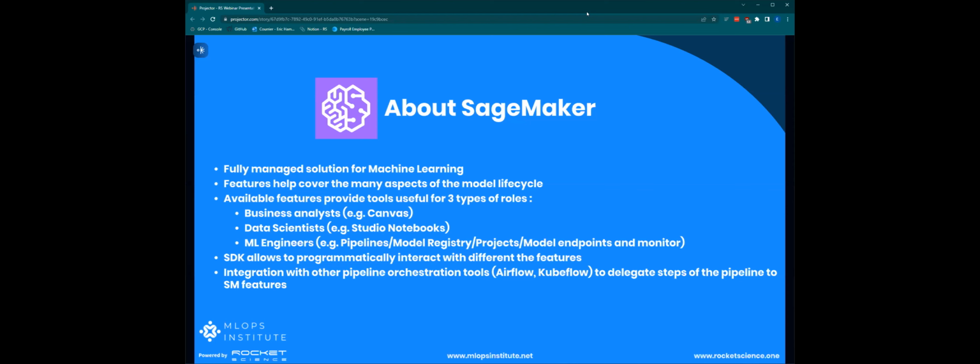role types, personas: the business analyst through the use of low code or no code services like Canvas, data scientists, mostly through studio notebooks based on JupyterLab, and also other services that help the data scientists organize trials and experimentation, and then ML engineers and MLOps engineers with the use of tools